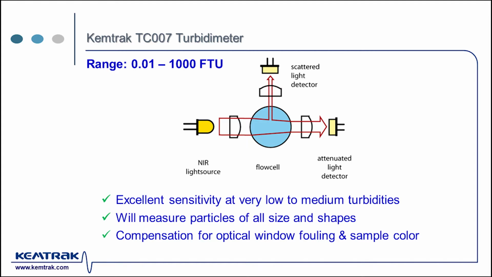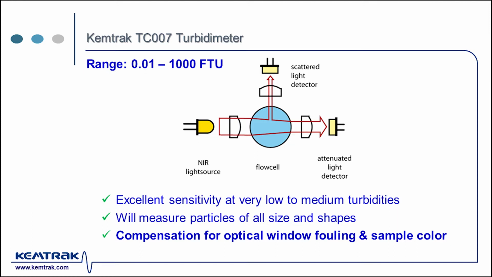It is essential to take these parameters into consideration when designing a turbidity meter. The Chemtrack TC007 turbidity meter uses a ratiometric technique that measures scattered light at 90 degrees and attenuated light at 0 degrees. A ratiometric measurement will provide excellent sensitivity for very low to medium concentration particles of all sizes and shapes. For industrial processes, this technique will measure and compensate for window fouling and sample color, providing a reliable and